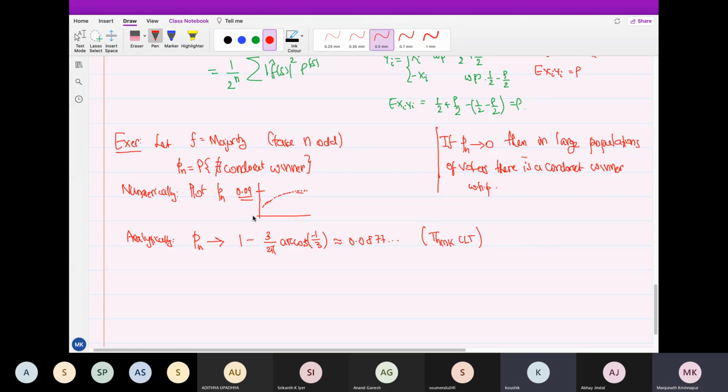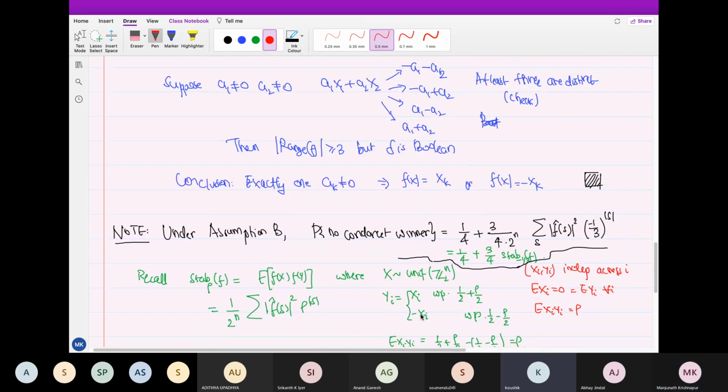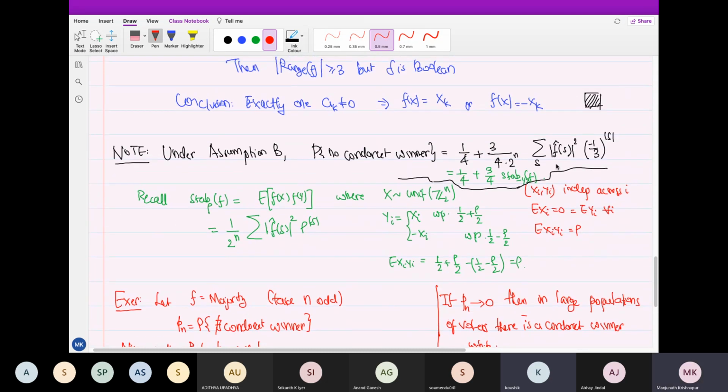But in that case, I think you can write down the explicit Fourier coefficients for majority. I think they are half and minus half. Each of the coefficients of x1, x2, x3 is half, and then x1 times x2 times x3 is minus half. So you can easily compute that one. I don't know what the number will come out to be in the end. So the singletons have half, and the triple will have minus half.